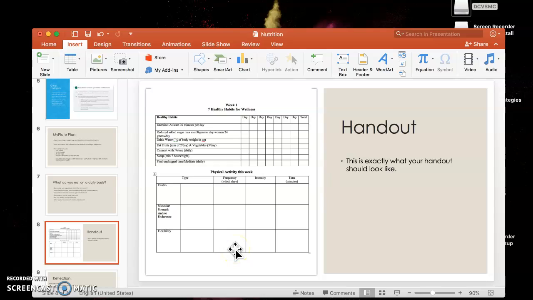Another handout I think is important is this. It's a two-part handout. The first portion is the 7 healthy habits of wellness. Make sure you're going over your health and your physical activity, at least 30 minutes. I know the recommended is 60, but 30 minutes could be good. It doesn't have to be day to day. Also make sure you're reducing your sugar intake and drinking enough water throughout the day.